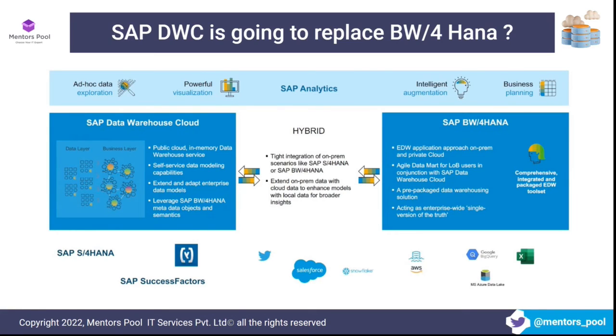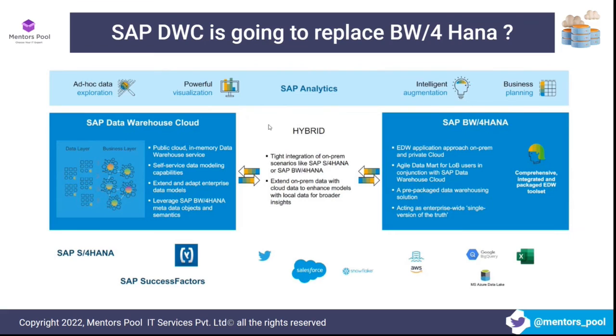capabilities which are not there in Data Warehouse Cloud, and it is highly extensible. It supports a lot of custom development, etc. So they both can complement each other. And there are a lot of hybrid scenarios in customer landscapes that we are seeing, where the customer owns both SAP BW for HANA as well as SAP Data Warehouse Cloud, and they operate them in a sidecar implementation where they work together, and there is active development going on in BW for HANA as well.